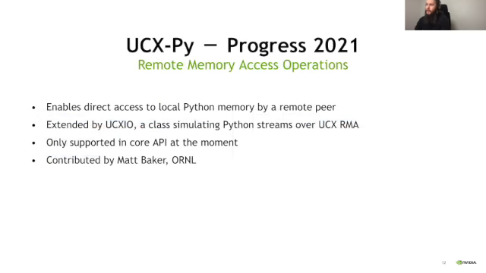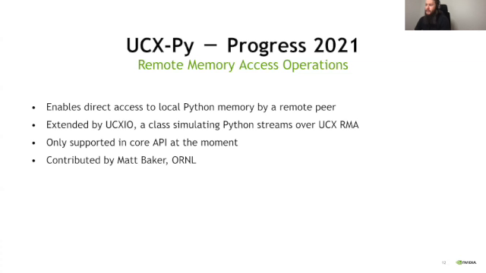The new remote memory access feature allows direct access to local memory from a remote worker. The user may choose to allocate memory buffers specifically for use with the remote memory access feature of UCX-Py, but it's also possible to allow the underlying memory of an existing Python object, such as a Python bytearray or a NumPy array, to be mapped for remote memory